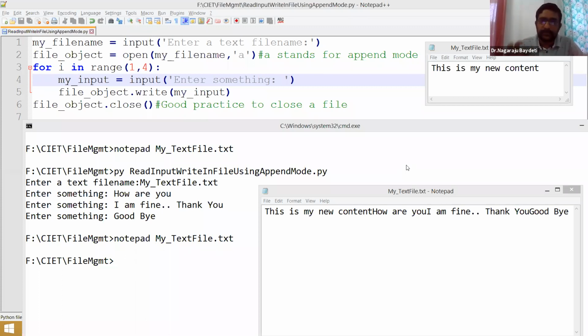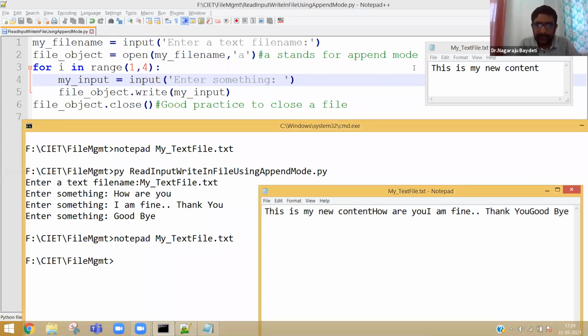I wrote a loop so that it is easy. Instead of executing 10 times the same program, I am writing a loop. Absolutely, there is no need to have a loop. Loop is not required for appending the contents. I want 3 lines in a single execution. That's why I wrote a loop. So in case you have any other doubt, let me know.